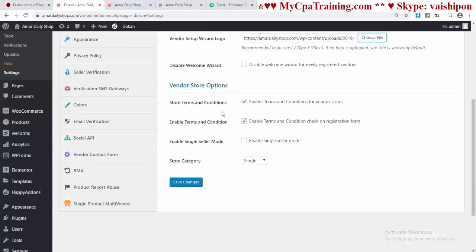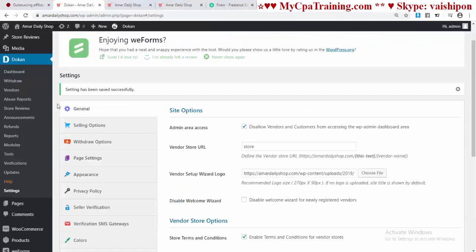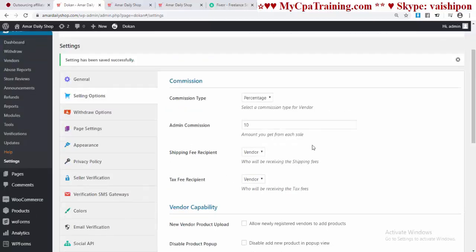Vendor store options, store terms and condition, you have to select this one. Enable terms and condition, you have to select this one. Store category, and there is two category, single and multiple. My suggestion is select here single option, save changes, and next setting menu is selling options, and here is first